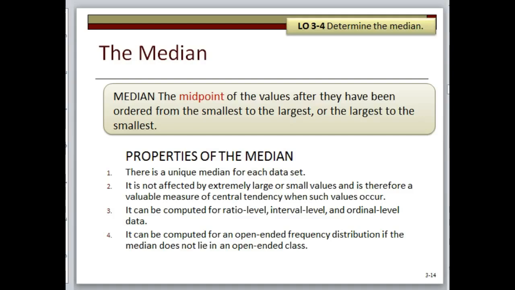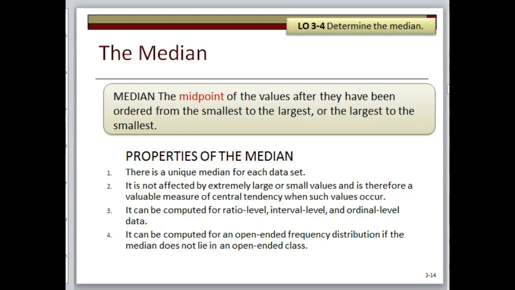The median has the following properties. 1, there is a unique median for each set of data. 2, unlike the mean, the median is not affected by extreme values, large or small. As such, it's a valuable measure of central tendency when one-sided extreme values occur. 3, it can be computed for ratio level, interval level, and ordinal level data. And finally, it can be computed for an open-ended frequency distribution if the median does not lie in an open-ended